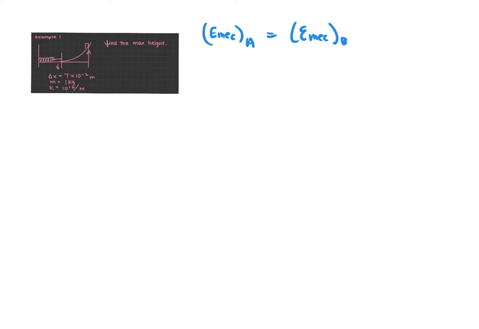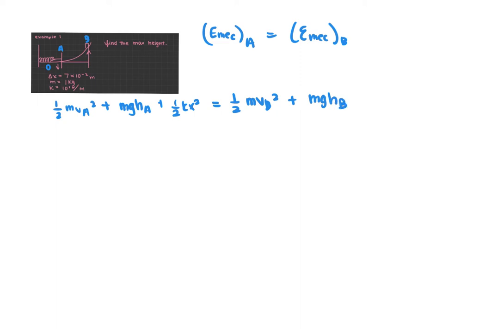So let's just say to start off that this is point A and this is point B, and that it's starting off at point 0, and we're going to see where it's going to go from here. So we have 1/2 m v_a squared plus mgh. This is the height of A plus 1/2 kx squared equals 1/2 m v_b squared plus